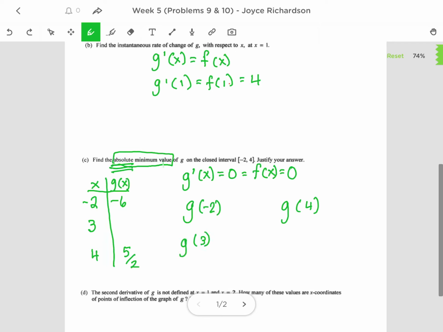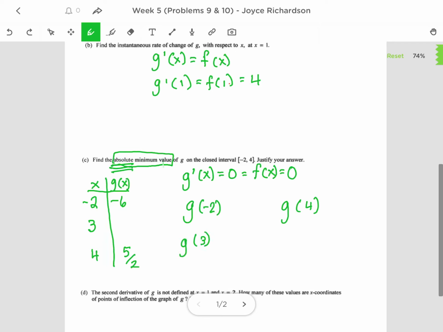And last but not least, for this one, the second derivative of g is not defined at x equals 1 and x equals 2. How many of these values are x-coordinates of points of inflection of the graph of g? Justify your answer. Okay, if we're going to justify points of inflection, we want to look at what g double prime is doing,